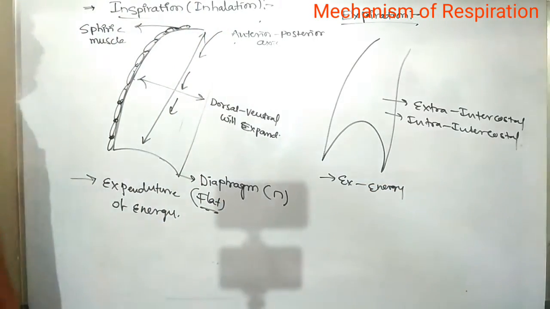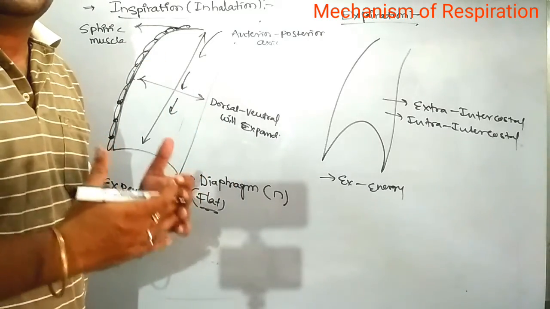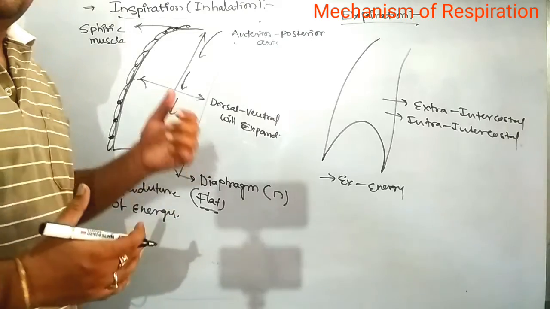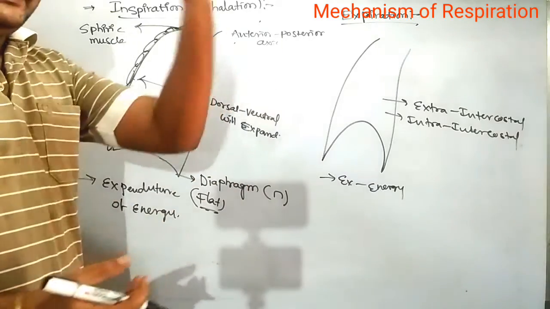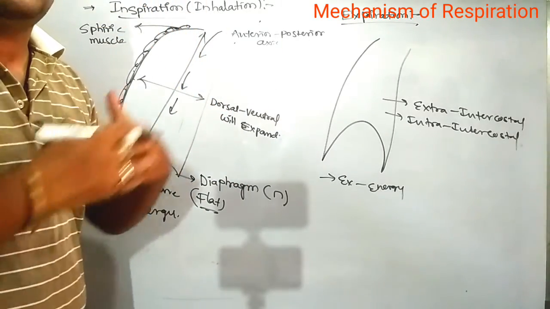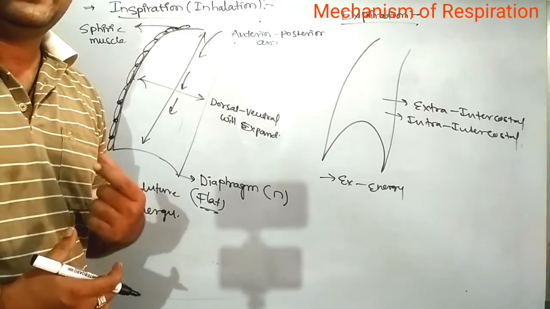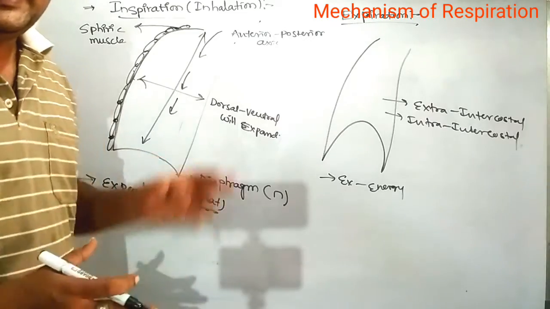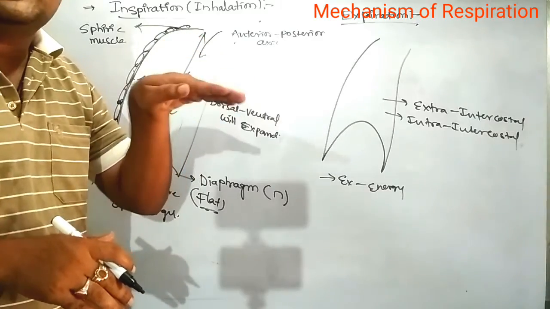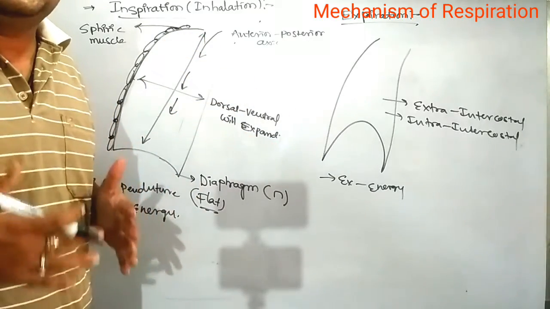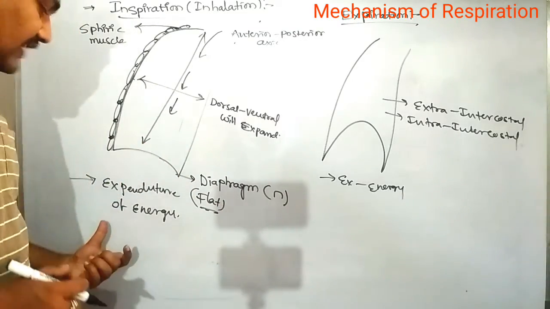Are you clear? If you take the inspiration, the total thoracic volume also will be increased. The increase of thoracic volume depends majorly on these different types of muscles and the central nervous system, the medulla oblongata. When you take the gases in inhalation, the thoracic volume increases, the intercostal muscles increase, the diaphragm flattens from the dome, and the lung is completely filled with gases. So that is known as an active process.